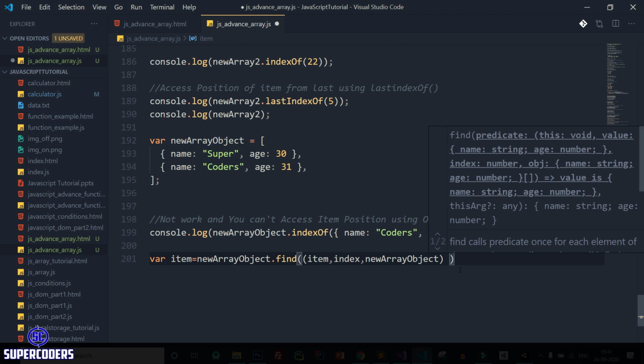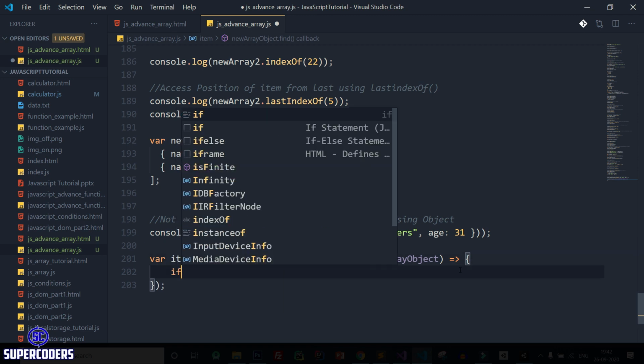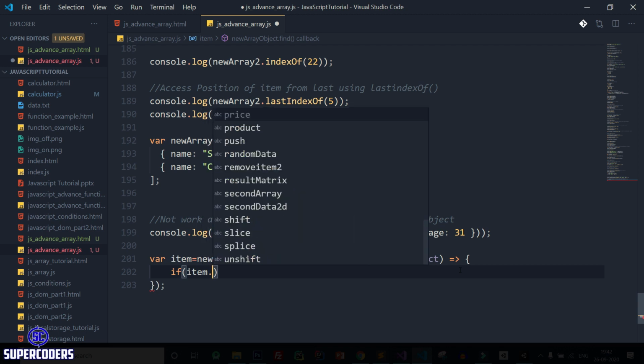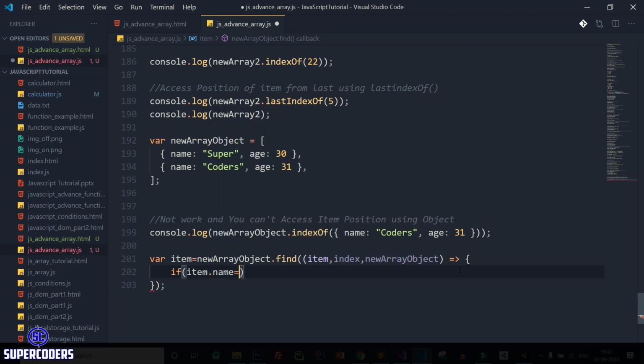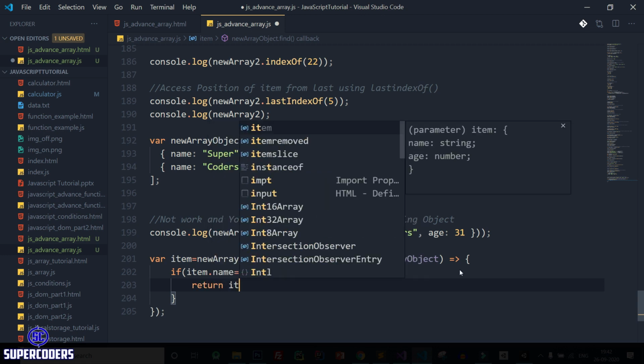After that we need to create an arrow function, and here is the function body. So here, if item dot name equals coders, then return item.